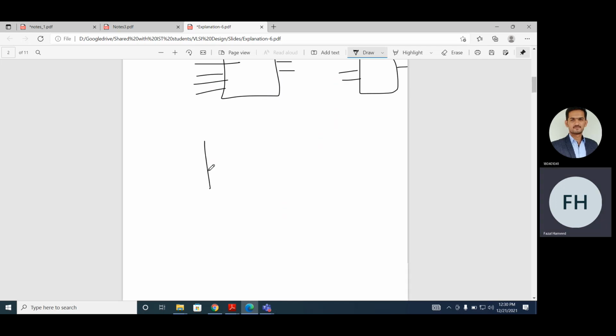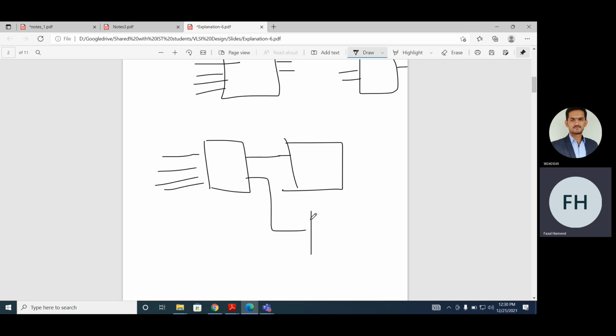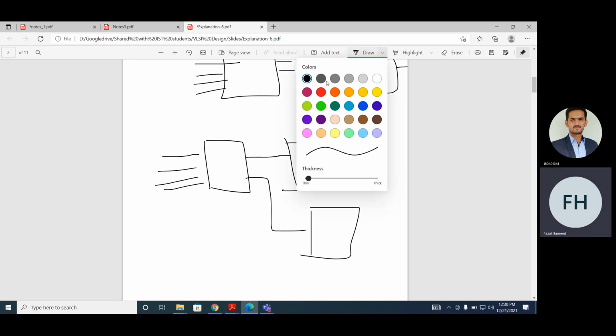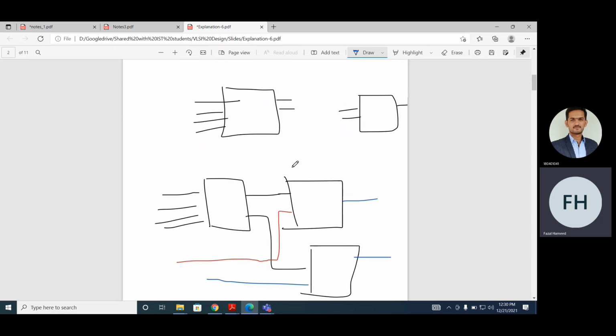So actually what we can do, we can use these blocks 1, 2, 3 and 4. The output is going to this block, and this output is going to this block. And now it is connected with some input C, and let's assume this is a block with this. So this block has 1 input and 1 output. If you see how many blocks we have used, 3 blocks.